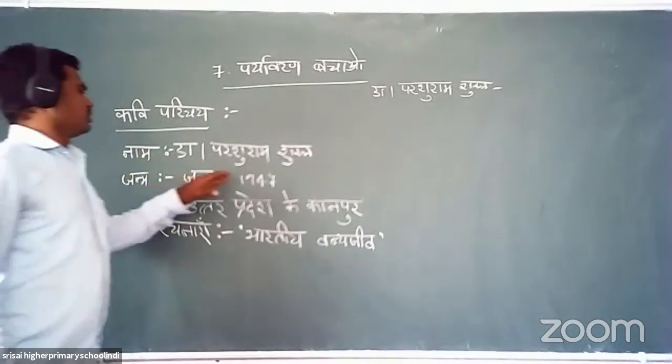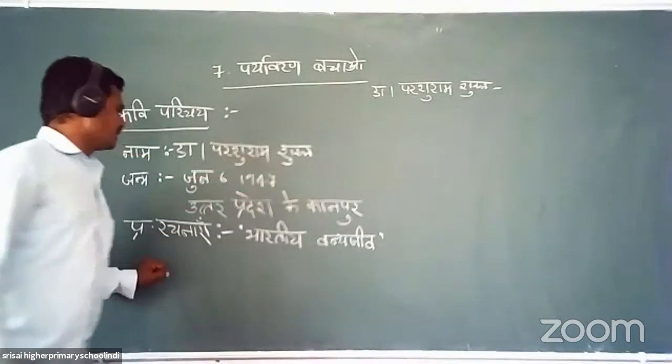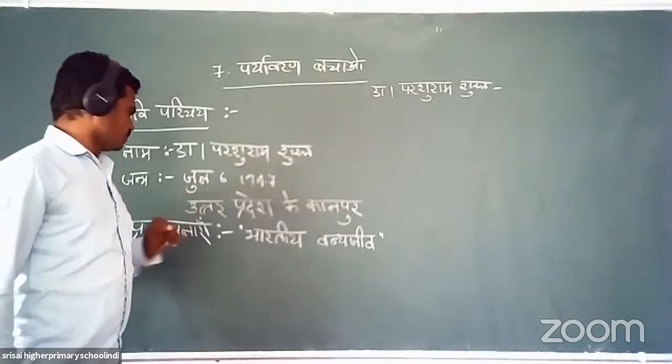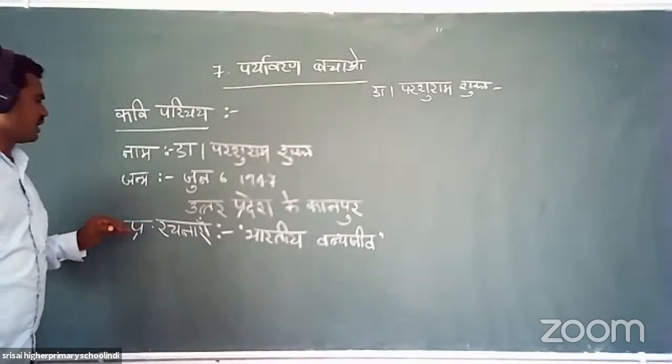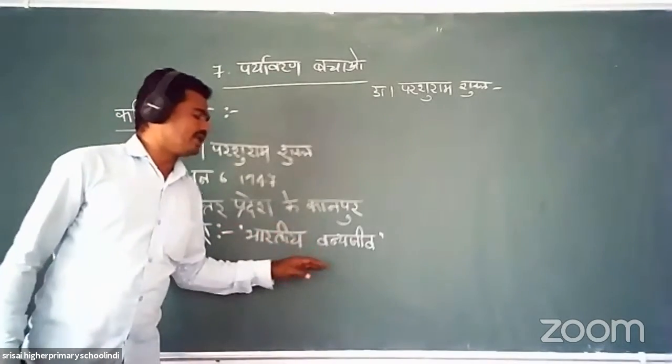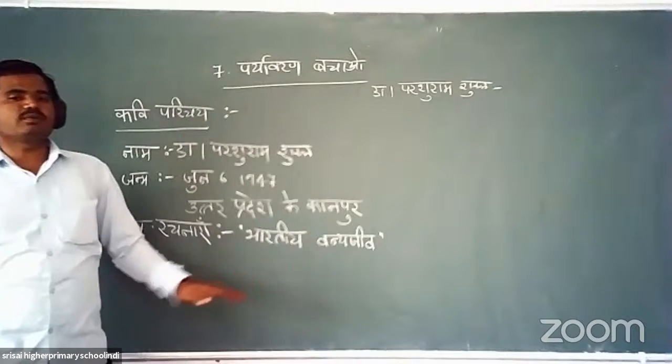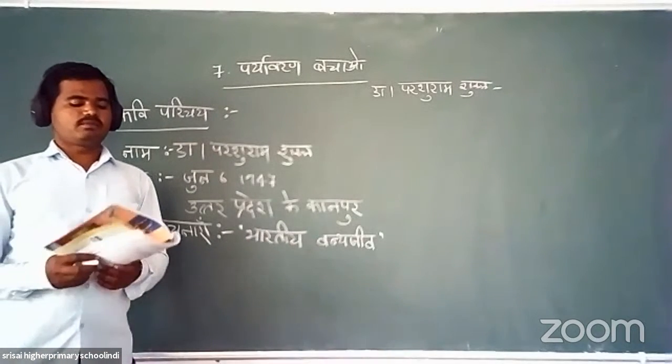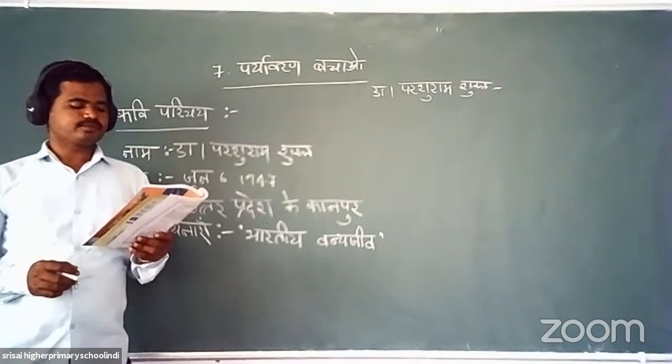यानी हम इनका संक्षिप्त में देखेंगे तो नाम उनका डॉक्टर परशुराम शुक्ल है। जन्म 6 जून 1947 को उत्तर प्रदेश के कानपुर में होता है। इनकी प्रमुख रचनाओं की सूची में भारतीय वन्य जीव है, इसी भारतीय वन्य जीव को अलग अलग पुरस्कार भी मिले हैं।